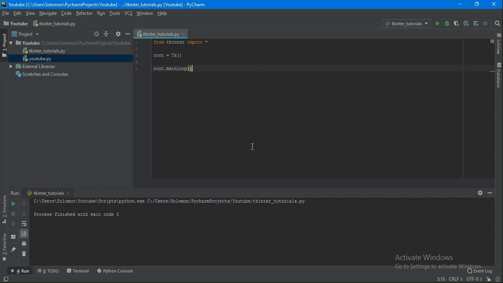Hey guys, in this video we are going to be looking at labels. What this actually does is basically used to display text or images on your window. In the last video we talked about how to create a window in Tkinter. So like I said, we are going to be using the label method to add text on our window